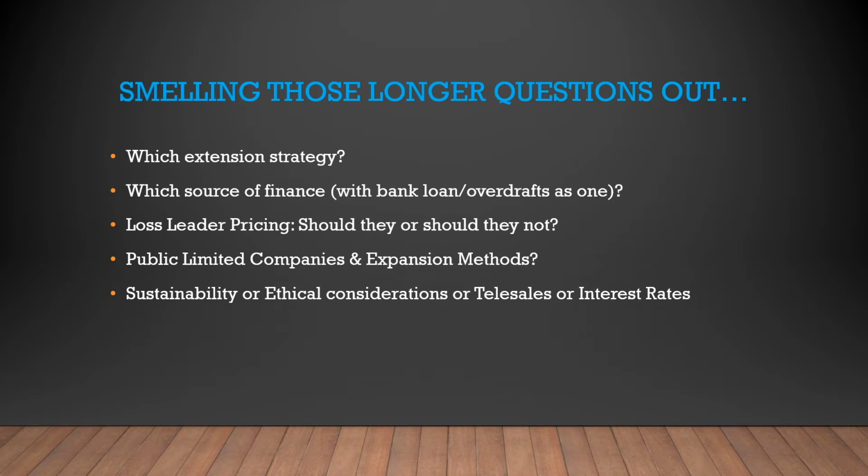And then the final thing to consider is sustainability. Could be a longer question, could be part of the 12 marker, ethical considerations. Don't underestimate telesales. It's hidden there, maybe it comes up. And of course, interest rates, I think, is absolutely vital this year in both paper 1 and in paper 2. It could be the crux of a bigger question, so you must understand that concept. Now, of course, there's many other different types of questions that could come up, so make sure you've revised everything within the advanced information.